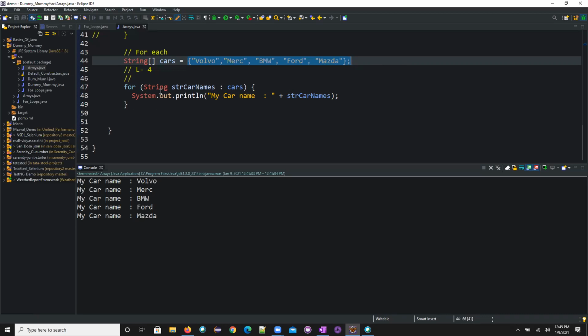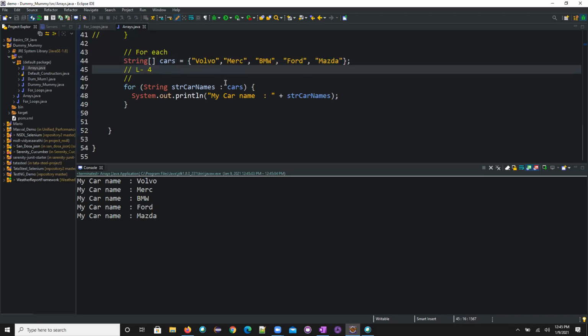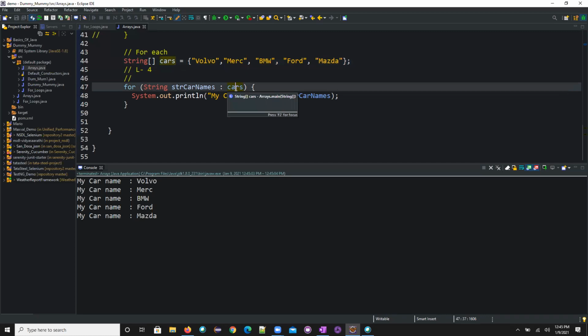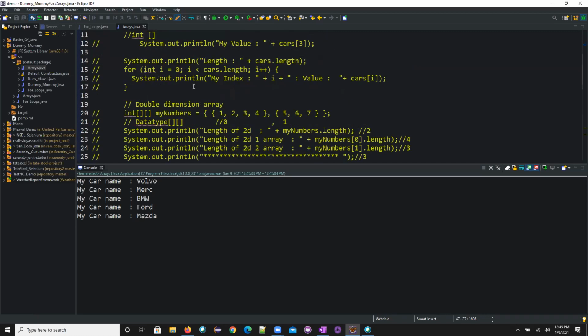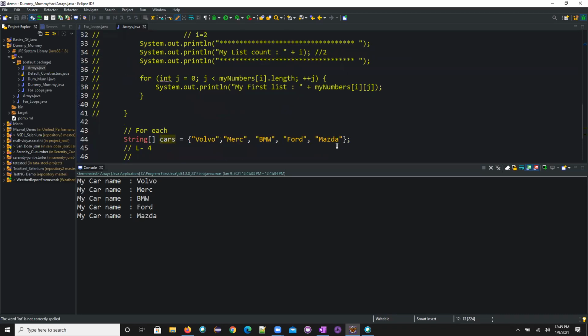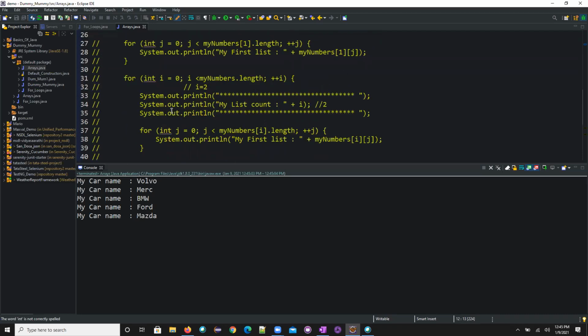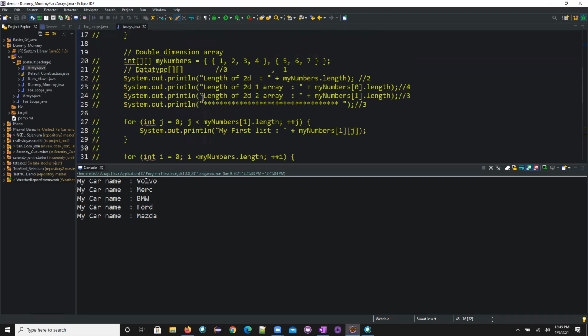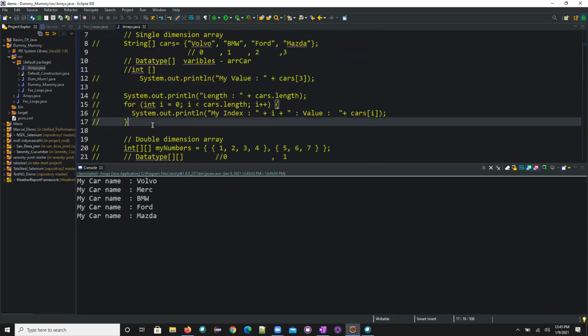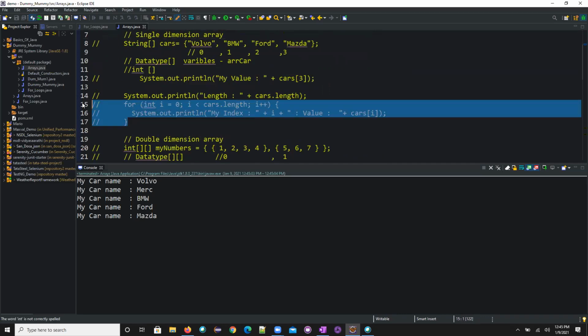So you need to remember one thing, sir. When should you use the for each? When you have an array or a list, at that point of time, you need to use the for each. And normal for loops, if it is not a list, then we need to use this for loop. You need to know which is convenient. The same values we printed here, like this, right? This is what we have been printing, right?